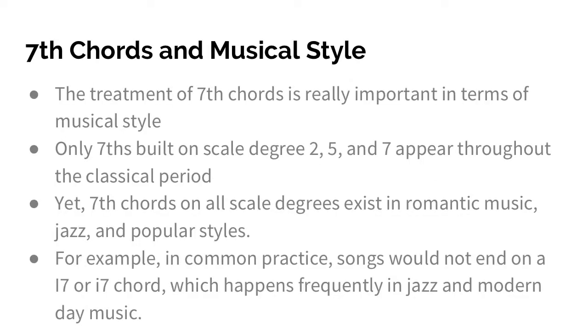The treatment of seventh chords is really super important in terms of musical style. Only sevenths built on scale degrees 2, 5, and 7 appear throughout the classical period. That's really important. You won't really see a I7 or a VI7. Those are things you'll see in jazz, but you really don't see them in the classical period. Yet seventh chords on all scale degrees exist in romantic music, jazz, and popular styles. For example, in common practice, songs would not end on a I7 or minor I7, which happens frequently in jazz and modern